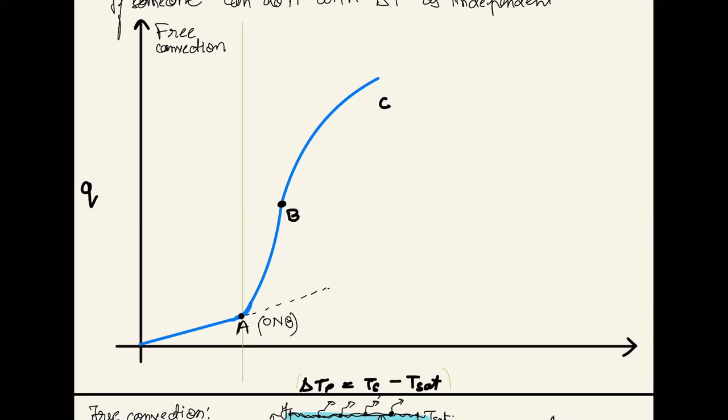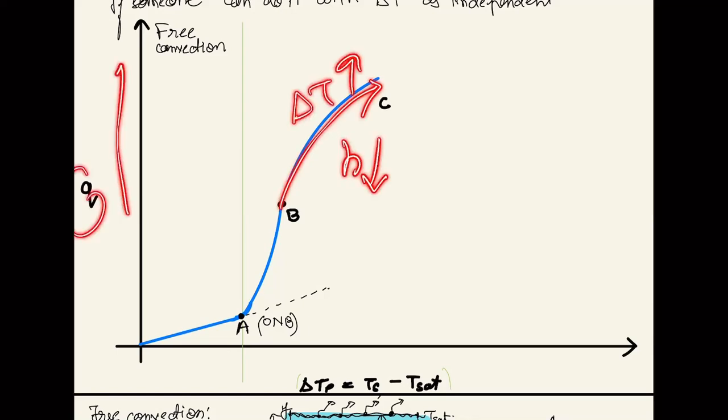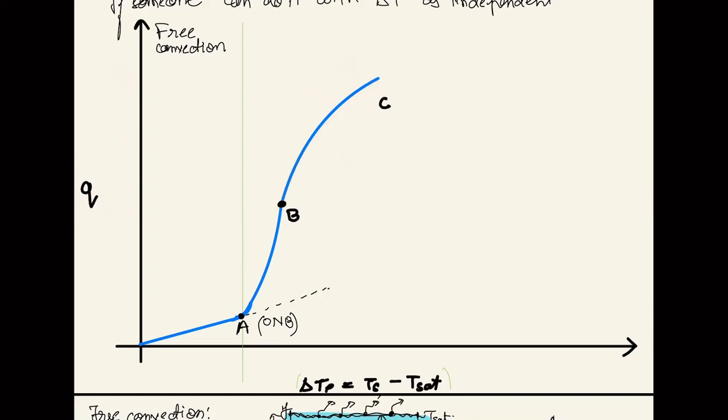Q बढ़ तो रहा है, but this is at the cost of delta T, and your H is decreasing. From B to C, your H is decreasing, but since delta T is increasing, Q is going up. And this will only and only go up to a certain point. उसके बाद में ये खेल बंद हो जाएगा. And exactly यही हुआ. And what you will get is a Q max over here. Q max मिल जाएगी, इससे ज्यादा आप Q बढ़ा ही नहीं सकते हो.